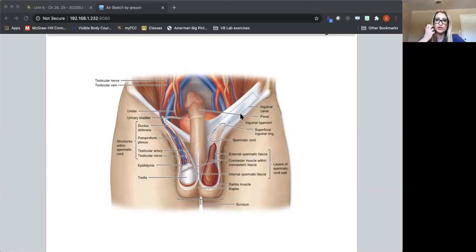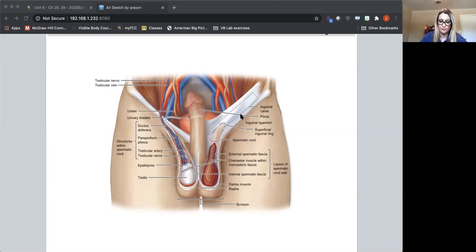Both of these muscles would contract in a colder environment. So when it's cold outside, these muscles would contract and bring the testes closer to the body. And then during warm conditions, these muscles relax and they allow the testes to be a little farther away from the body. So it's temperature regulation right there. There are some other layers here that are involved in the scrotum, as well as the spermatic cord. They're not super important there, but what is important here and that I want you to know is on this